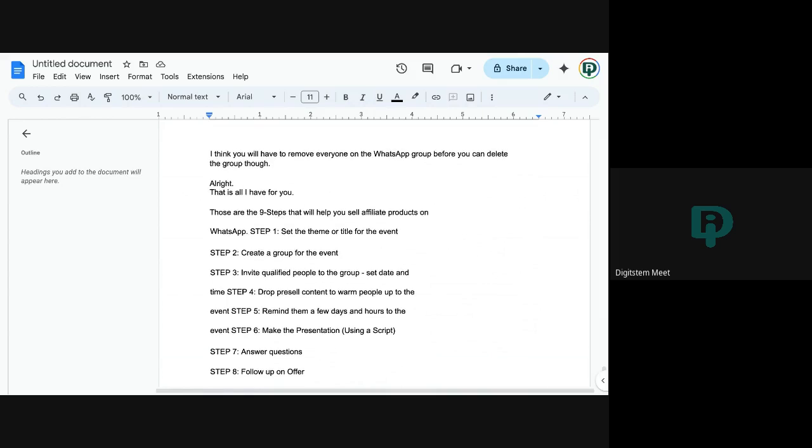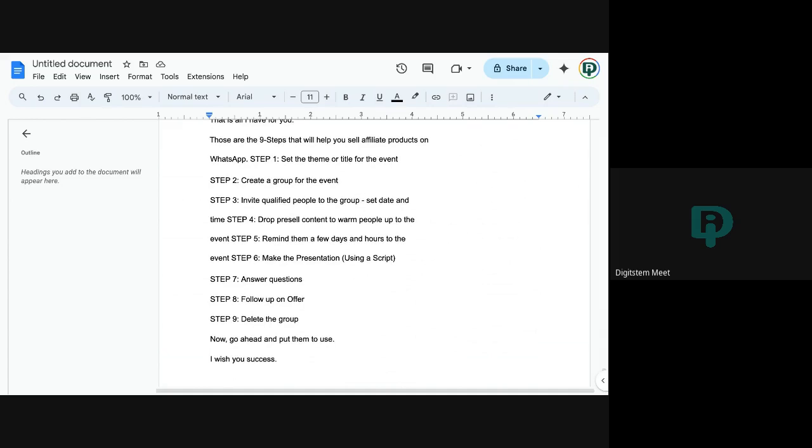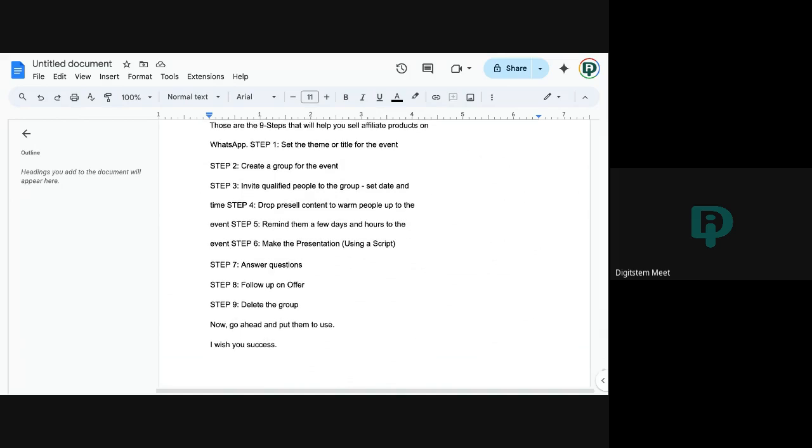All right, that's all I have for you. Those are the 9 steps that will help you sell affiliate products on WhatsApp. Remember, step 1 is set the theme or title for the event. Step 2 is create a group for the event. Step 3, invite qualified people to the group, set date and time. Step 4, drop resell content to warm people up to the event. Step 5,